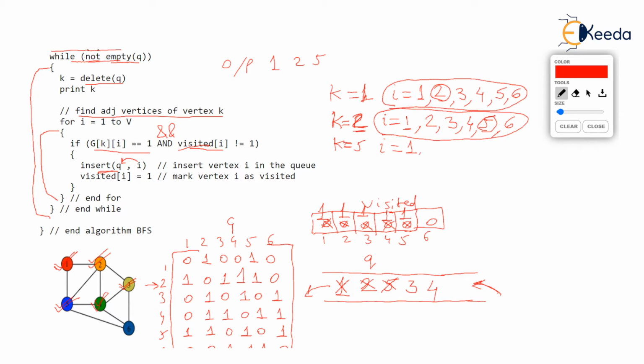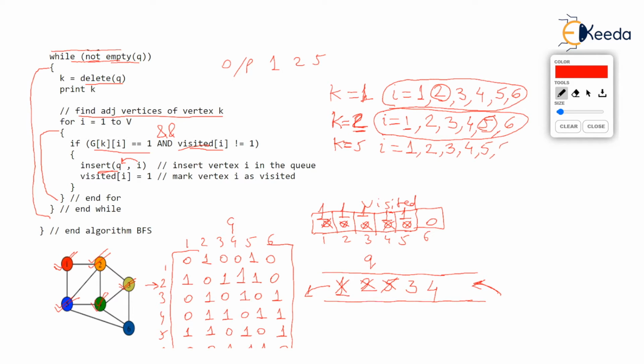Then make I as 2. 5 and 2 are also adjacent, but 2 is already visited, so forget it. 5 and 3 are not adjacent itself. So make I as 4. 5 and 4 are adjacent, but 4 is already visited. Then make I as 5, but 5, 5 is never adjacent, isn't it?